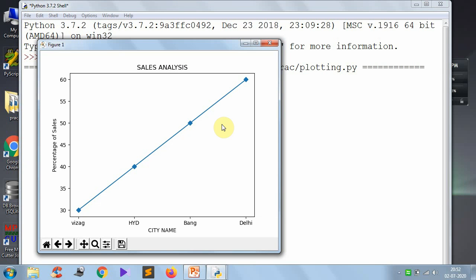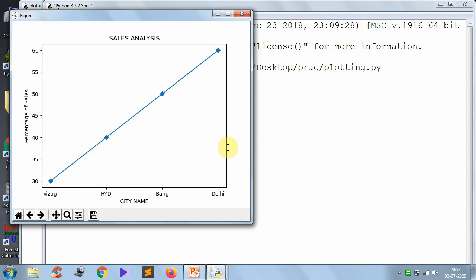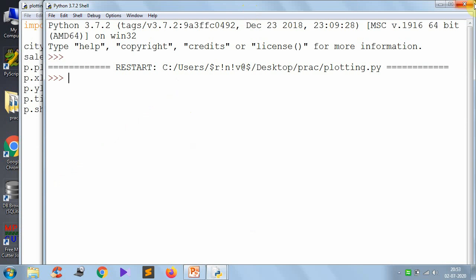Along with this, you may want to give different styles to the line for a good-looking graph. For getting a good look, you can change the style of your line. So one more parameter is there, line style. Suppose here I have given the single minus symbol, then the data will be plotted in a single continuous line.